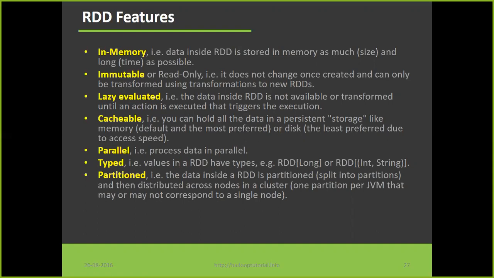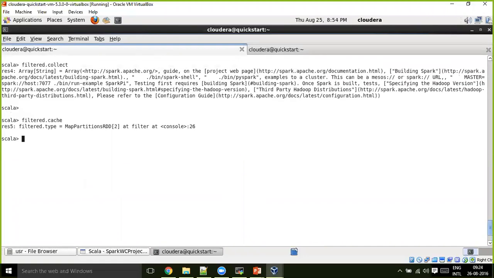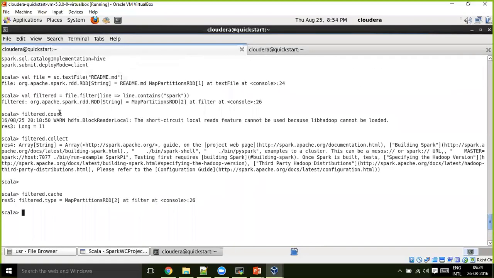Yep. And one thing is caching, I did not understand. Why, until you explicitly mention it, will it not be stored? See, it stores into RAM memory, but if you are running multiple actions, let's say when I run count, that's why I clearly told you, you get confused here.